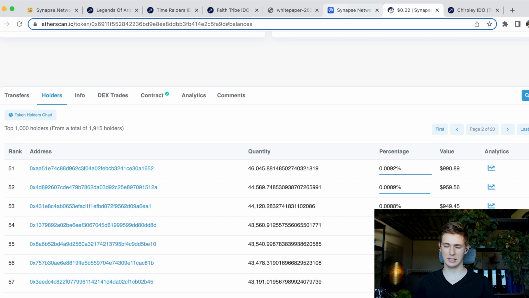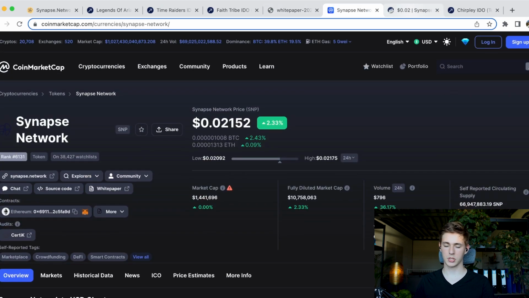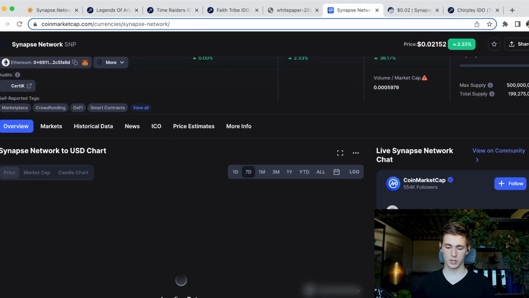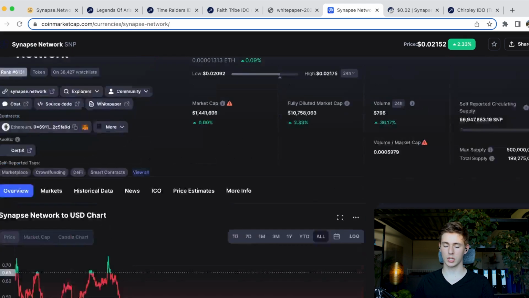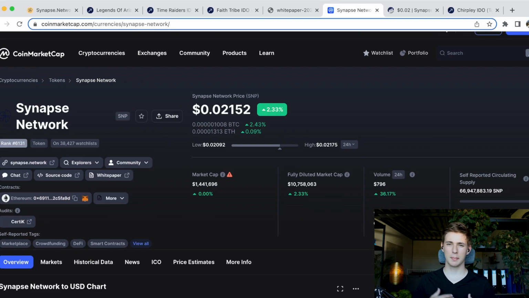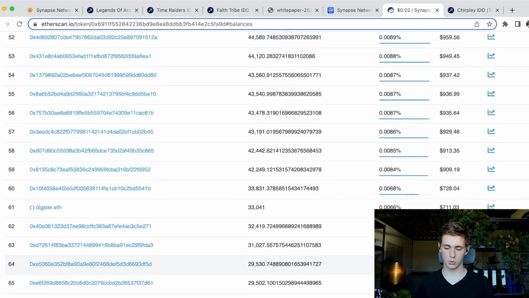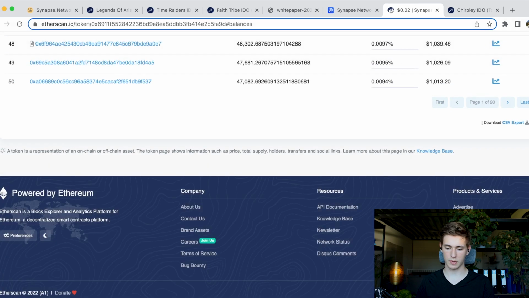But with that few holders, with such a high market cap and with such low transactions, the price is incredibly spiky, and that makes it dangerous. So that is why I personally would not invest in Synapse right now, because the price can go either way. If one of the biggest investors of Synapse decided to just dump all of its tokens, the price of the token would severely dump, right?